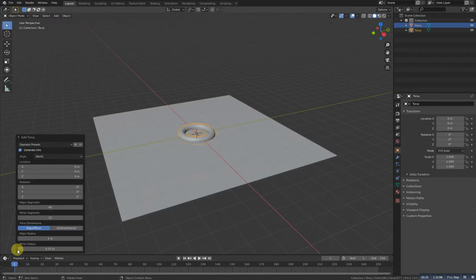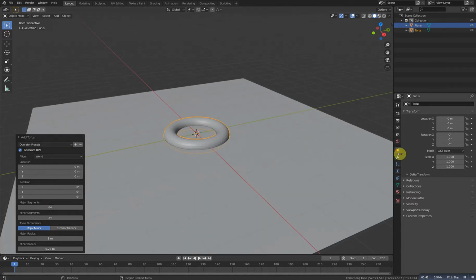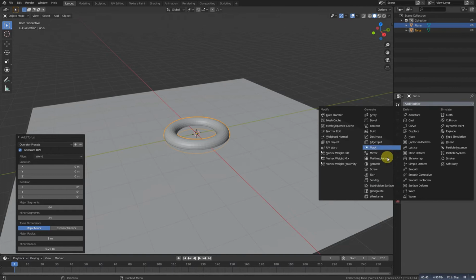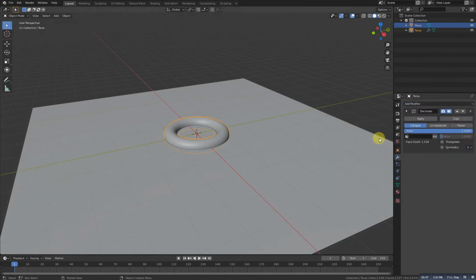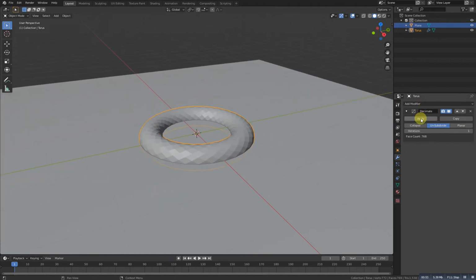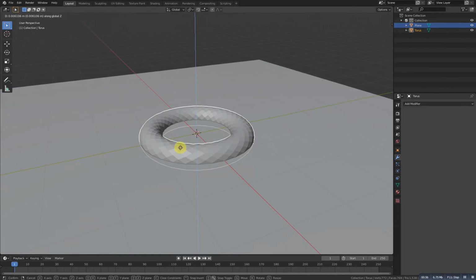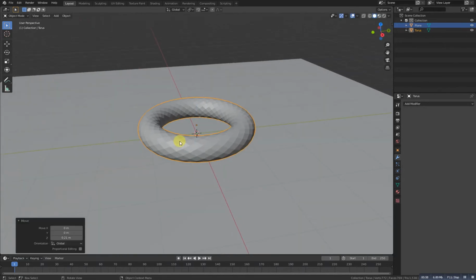This time we need to take care of two things. First of all, we need to make the major segments 64, and then make the minor segments 24. Now go to the modifier settings and add a Decimate modifier with Unsubdivide and make the iterations 1. Now apply the modifier and grab the torus a bit off,